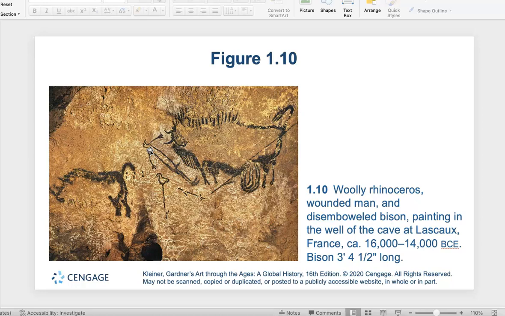We can't really tell what's going on. There was obviously a struggle. The bison is disemboweled. The man is lying down. He's in bad shape. Also, the man has this weird bird head, which makes me think, kind of like this image over here